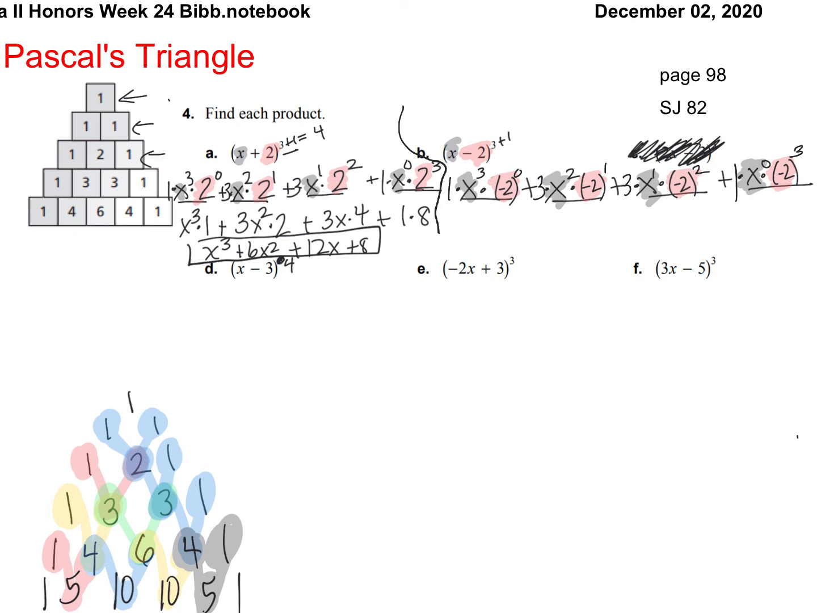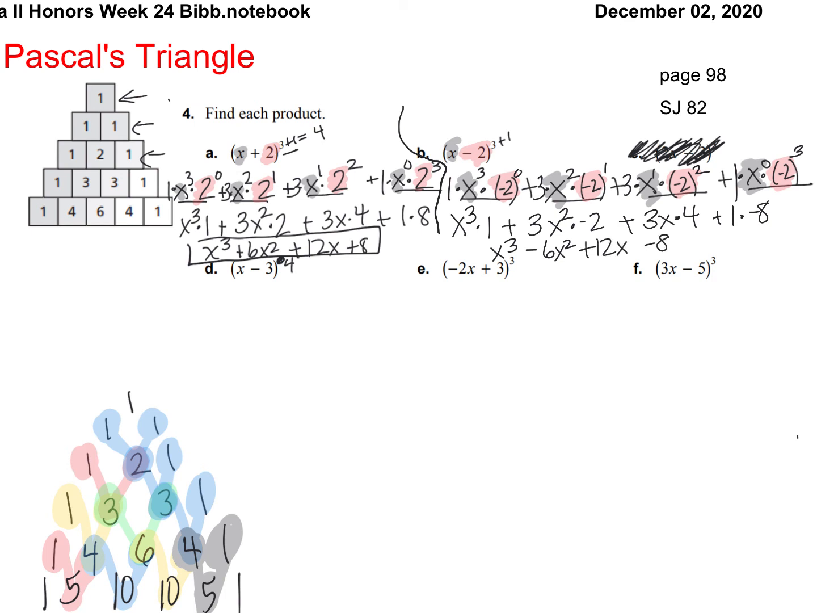1 times x cubed is x cubed. And x cubed times 1. 3 times x squared is 3x squared times negative 2. 3 times x is 3x times positive 4. 1 times 1, because x to the 0 is 1, times negative 8. So my answer is going to be x cubed minus 6x squared plus 12x